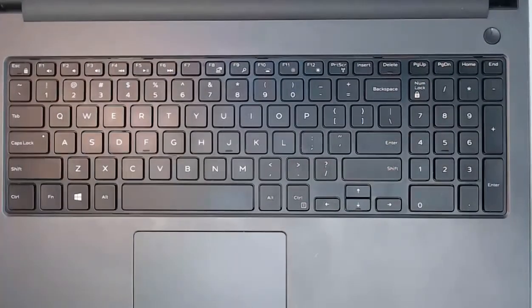Take your time with these steps as you replace your keyboard in your laptop, and remember, minimal force on those connectors. Do your best, follow the instruction manual for your